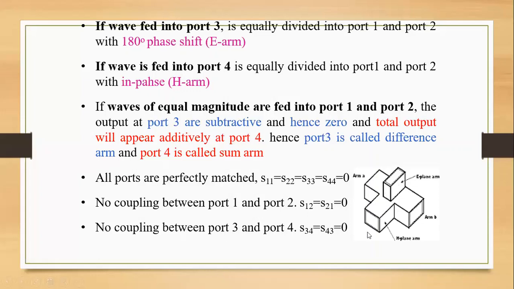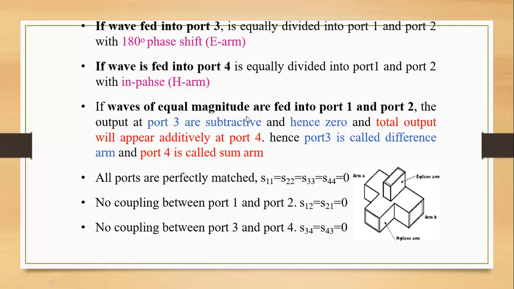You have the experiment to do this, like how H-plane will be coupling for E-plane so that you will not be getting the output across the E-plane. Instead, you will be getting equal outputs across your port 1 and port 2. Similarly, if you give to E-plane, you'll be getting the output across port 1 and port 2, but you'll not be getting output across your H-plane. We will derive it, how you'll be able to find it out.